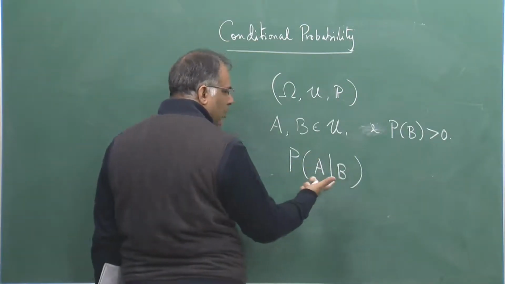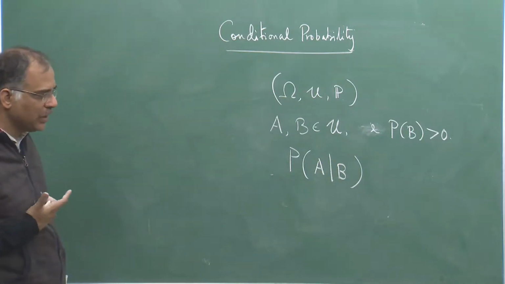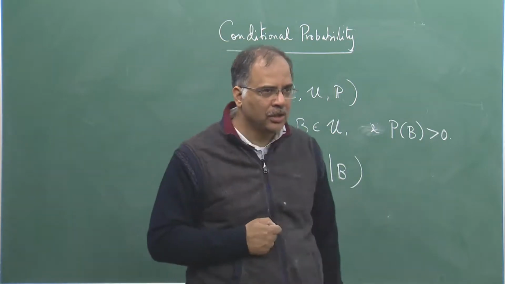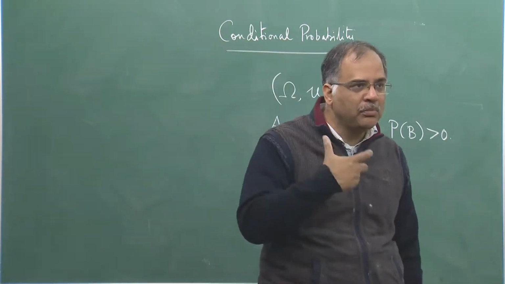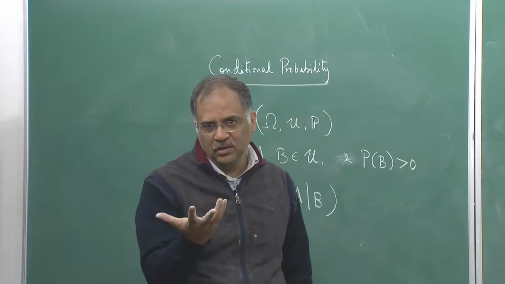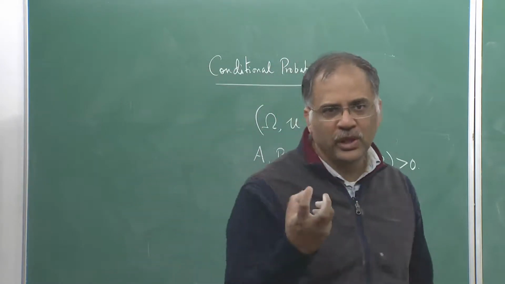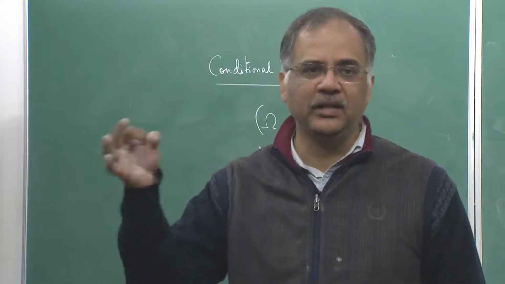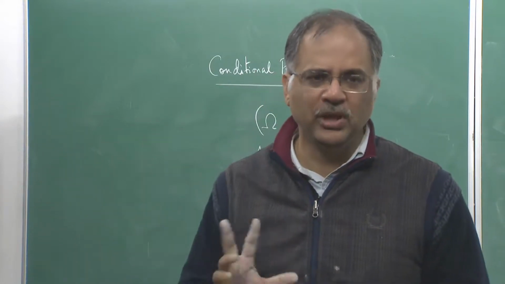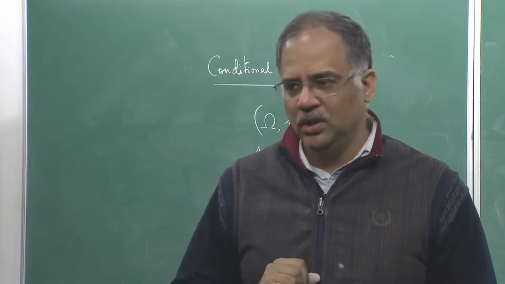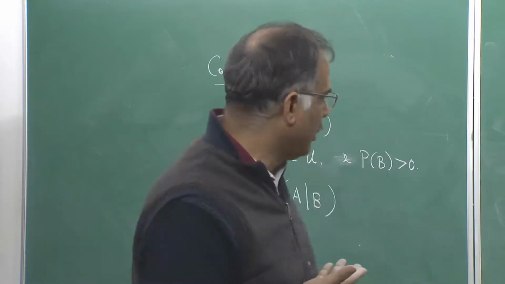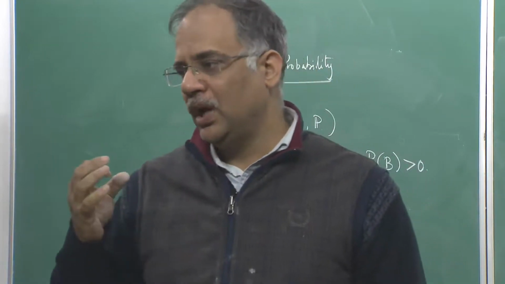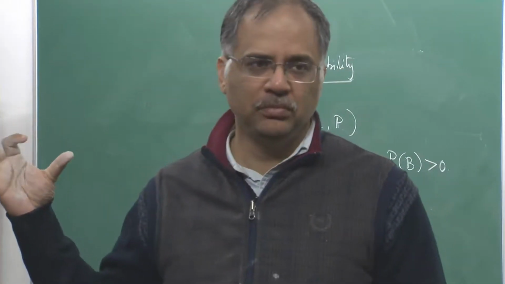So what does this actually mean? It looks very fishy that you are just using language to talk about this. It means that if I choose an omega in B, where B is an element in U, so a subset of the sample space, I can take some omega from B, assuming it is non-empty of course, because B cannot be the empty set, otherwise the probability would be 0. So I am choosing an omega from B.